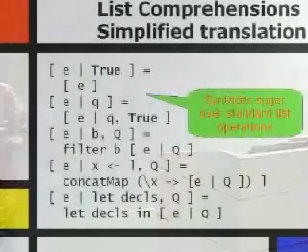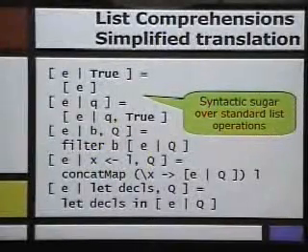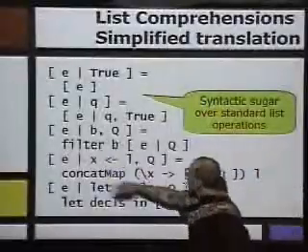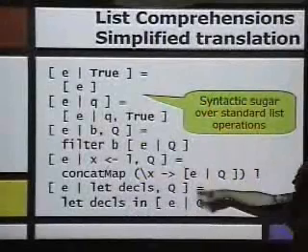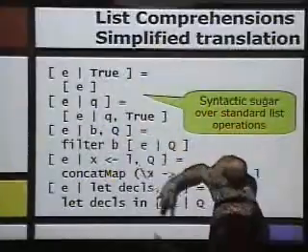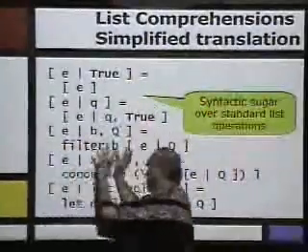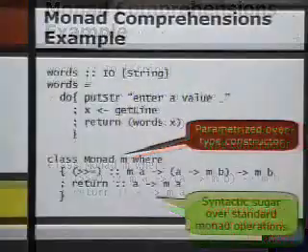But anyway, these comprehensions, they look nice, but they're nothing more than syntactic sugar over standard list operators. So that's another beautiful thing here. You write this thing that looks like a mathematical notation, give me all the x from this where, but it's just syntactic sugar for something that uses standard operators like filter, let declarations, and this is concat map. This is just map that flattens the result. Doesn't really matter what these operators are, but the thing is, you start with this comprehension notation, you remove all the syntactic sugar, and you end up with a normal functional program.